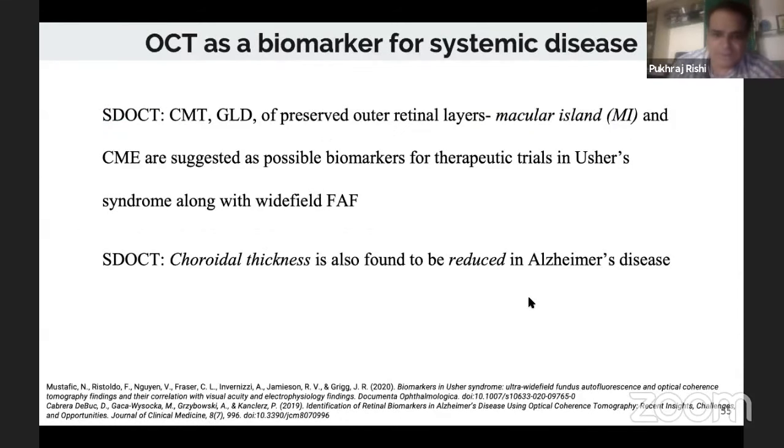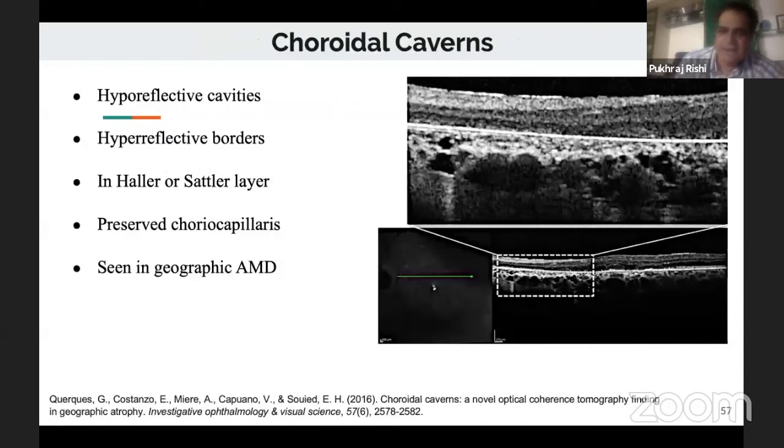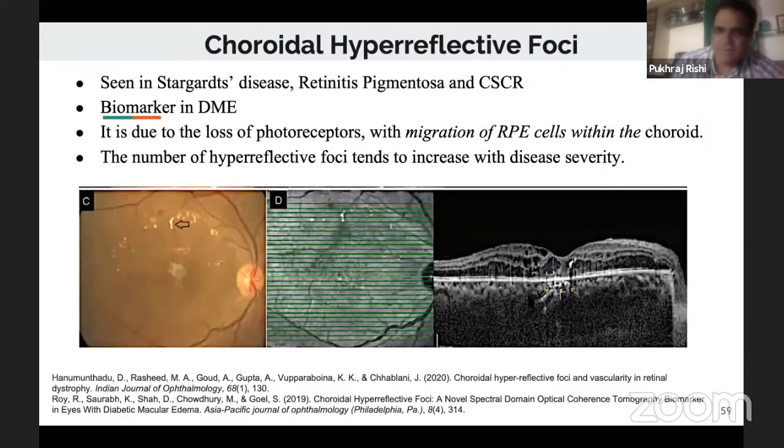So it can also help us to quantify the macular island in peripheral retinal diseases like choroideremia or Usher's disease or other retinal degenerations. And also choroidal thicknesses are found to be reduced in Alzheimer's, and this can be followed up. There is a way to know the choroidal vessel layer analysis, like quantifying Haller's and Sattler's layer. And there are several choroidal biomarkers associated with geographic atrophy in particular, namely choroidal caverns, choroidal round hyporeflective